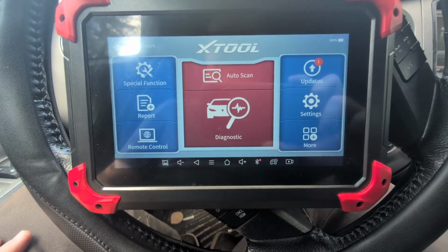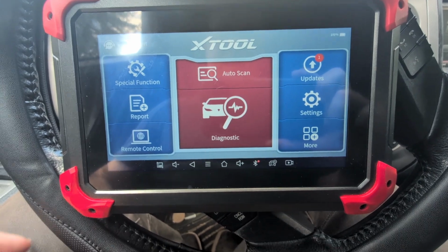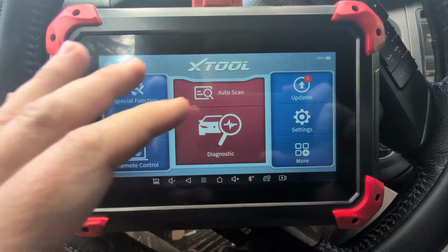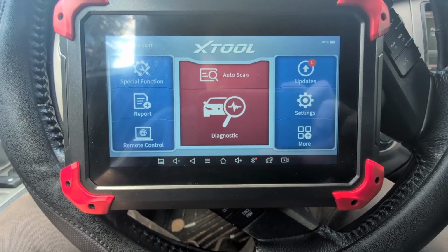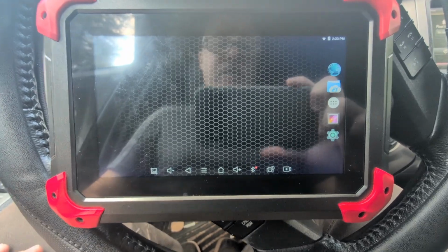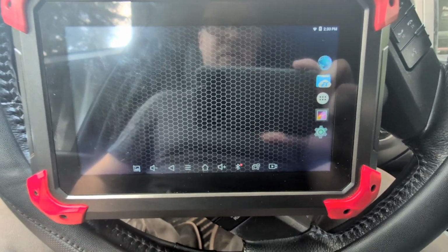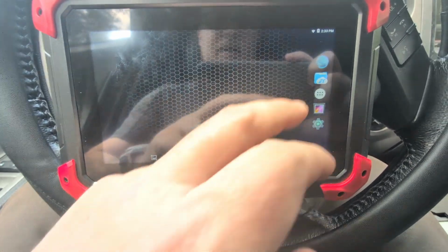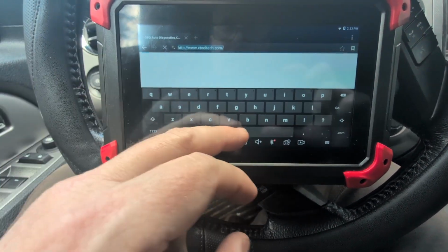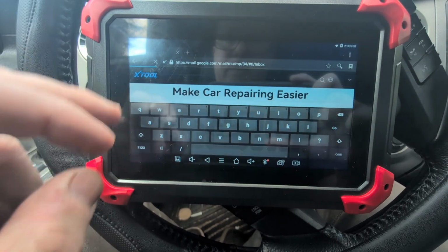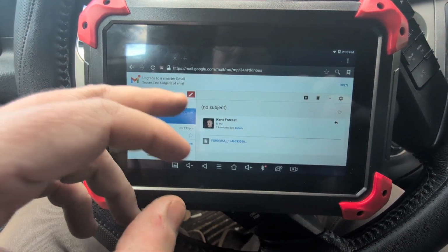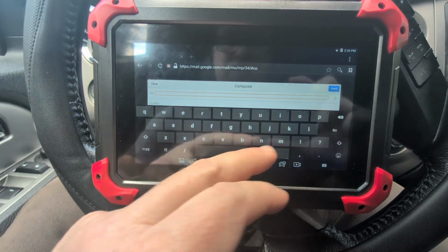Now, remember the tablet itself, the overall hardware, is just an Android tablet. So in addition to running your XTool software, you can also hit the home button. And now you're just in the tablet environment, and due to reflections, you're also looking at my old mug. But we're going to go to the internet, and we're going to go into email. And I'm going to send an email to myself,